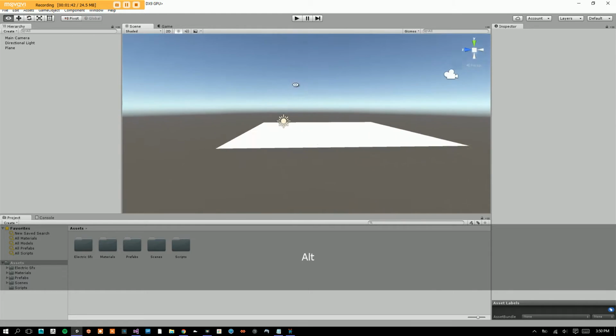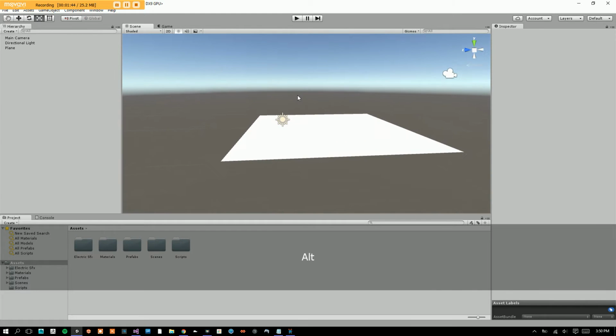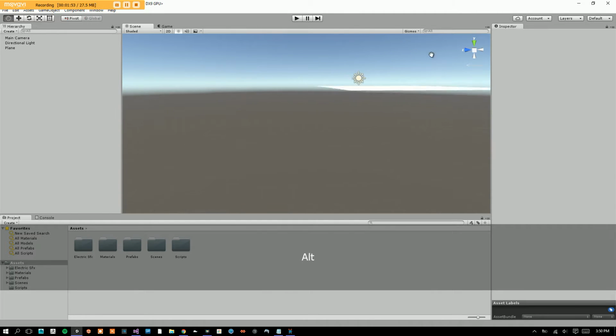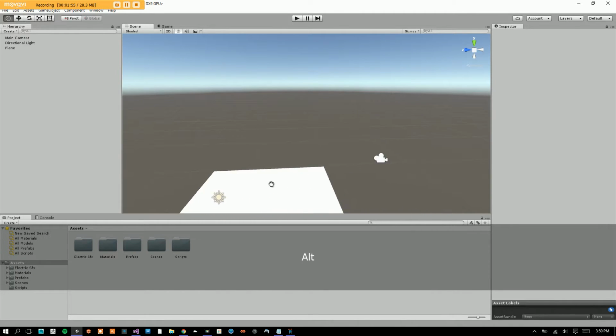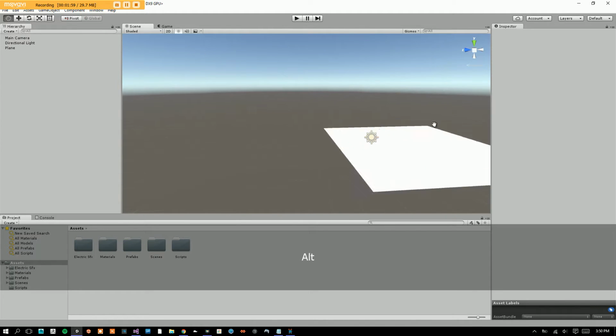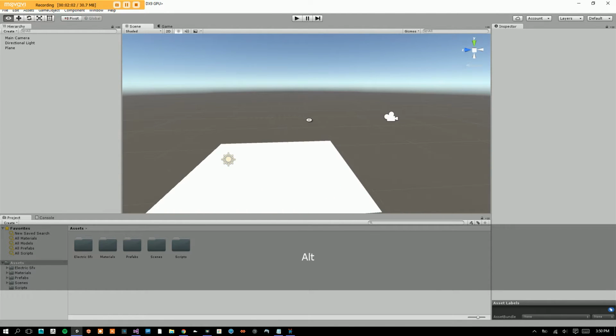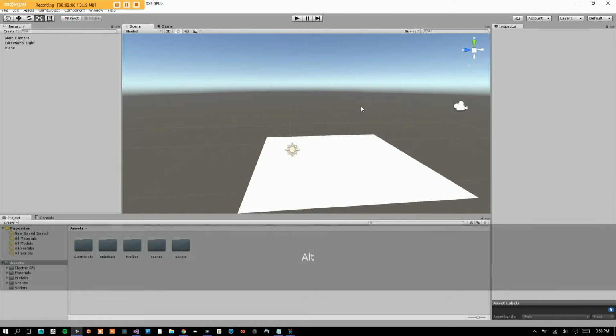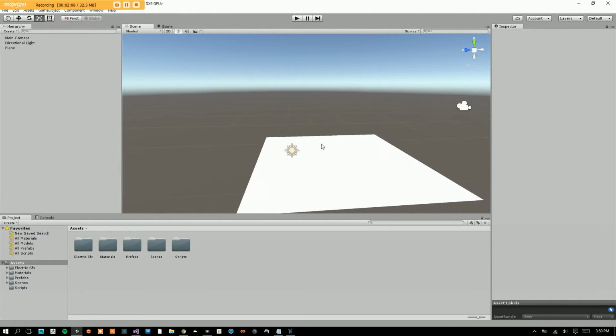Next thing we want to know how to do is what's called panning. So that's done by holding Alt, middle click on your mouse and drag around. So that pans your camera on a 2D plane relative to the object, perpendicular to the object. And then we have zoom, which is